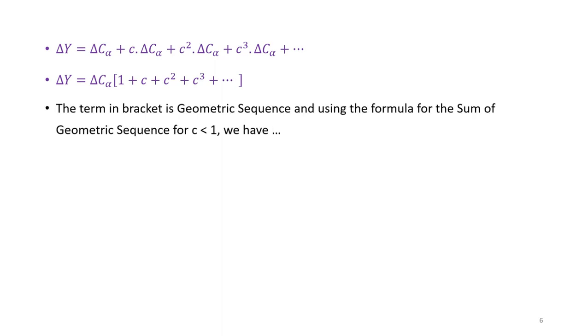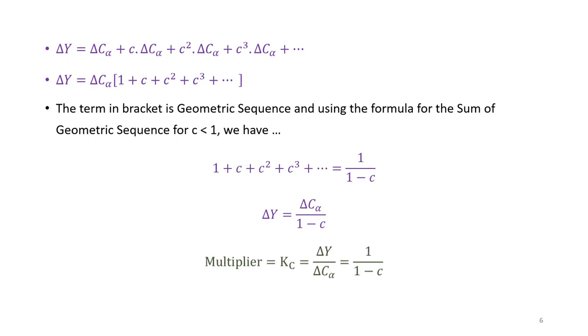Mathematically, the change in national income will be equal to, or, the term in bracket is geometric sequence, and using the formula for the sum of geometric sequence for C less than 1, we have, therefore change in income is equal to, and the multiplier, which is the ratio of change in income to change in the component of AP, is